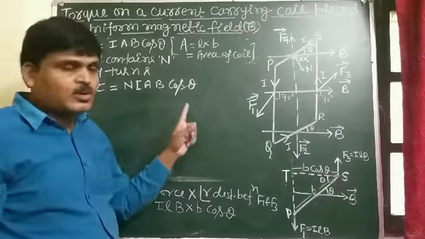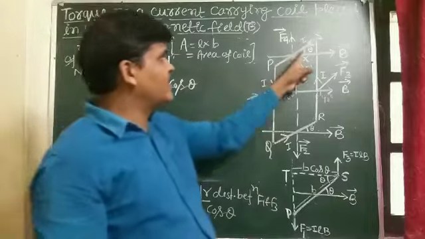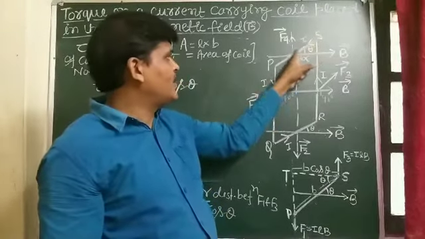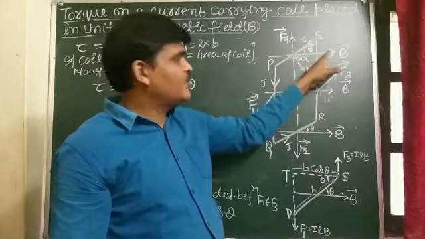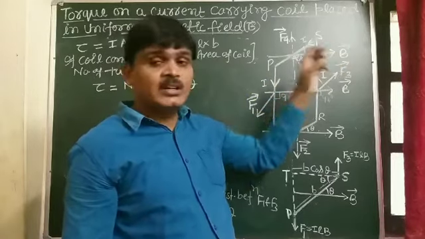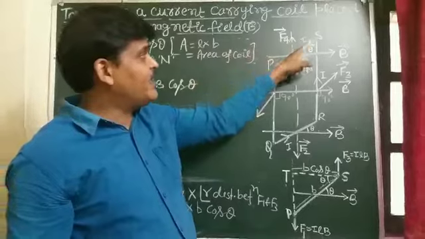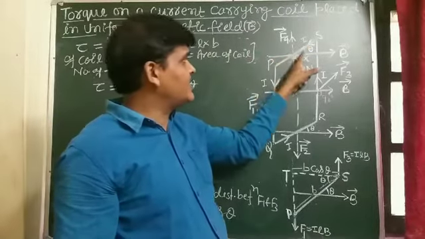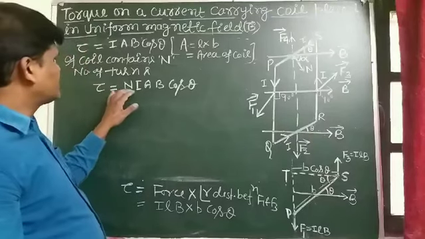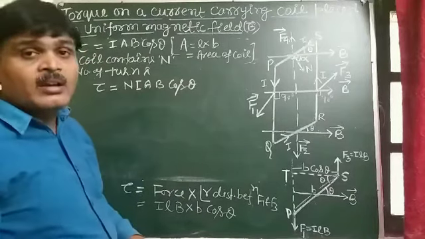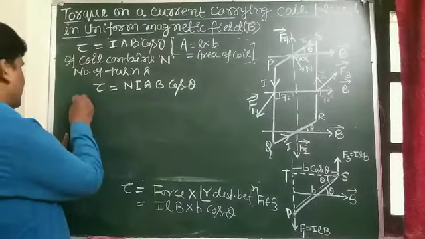this formula comes out in the case when, listen carefully, the plane of the coil makes an angle theta with the direction of the magnetic field. If the plane of the coil makes an angle theta with the direction of the magnetic field, then we use the formula tau is equal to NIAB cos theta. And student, but